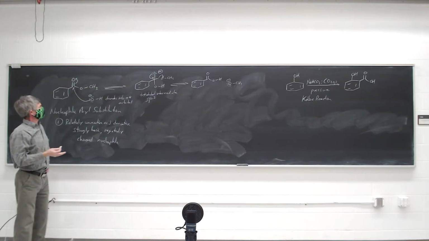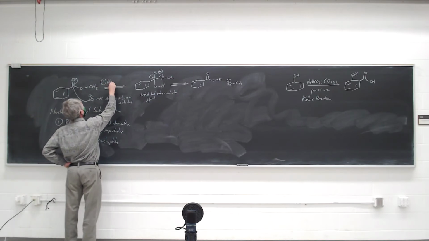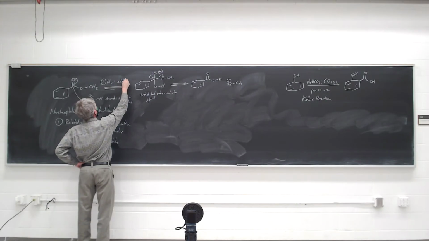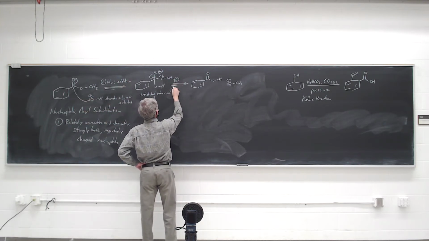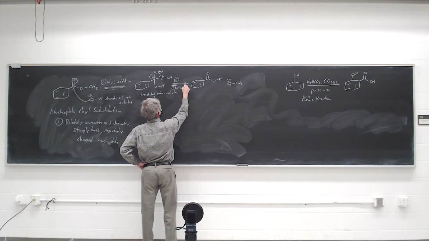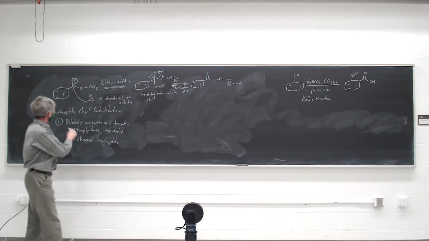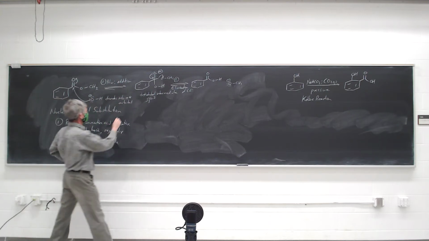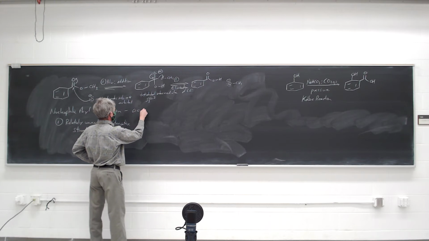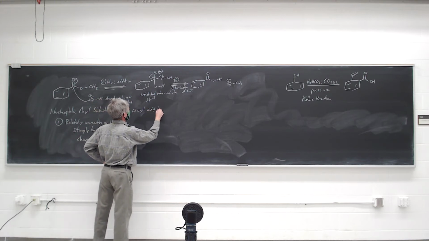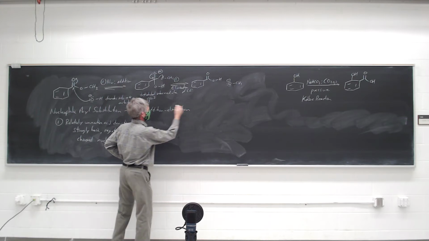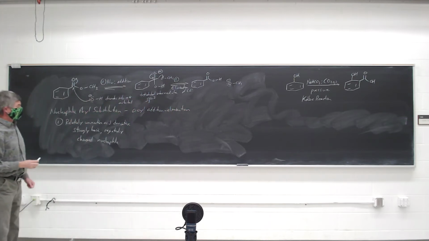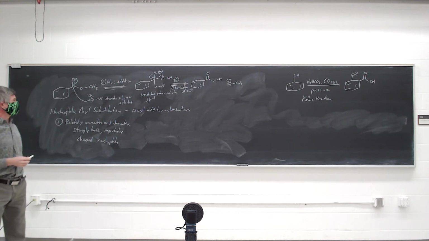So it's pretty simple. It's nucleophilic addition in step one and elimination of the leaving group in step two. And that's why another name for nucleophilic acyl substitution is acyl addition elimination. We have those successive steps where we're adding our nucleophile to the carbonyl carbon, and then we're eliminating the leaving